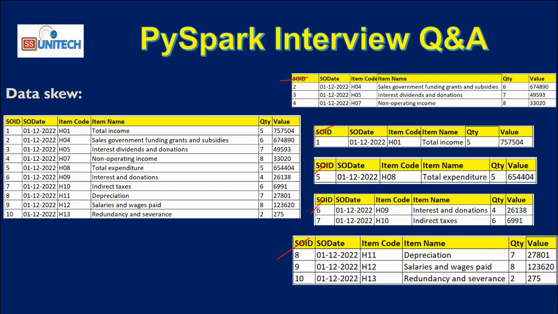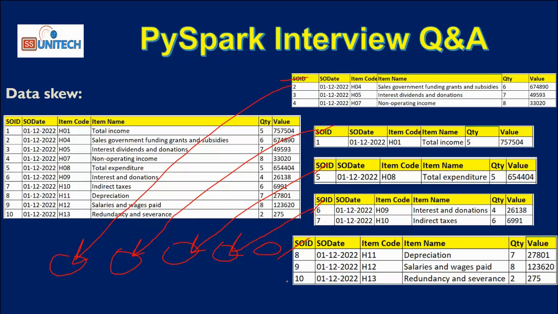What will be the problem? Let's assume we have a total of 5 nodes processing this data: node 1, node 2, node 3, node 4 and node 5. Once this partitioned data is assigned to these nodes, node 1 will process 3 million rows, node 2 will process 1 million rows, node 3 again 1 million, the fourth node 2 million, and the last node 3 million. As these nodes have the same memory and the same capacity,